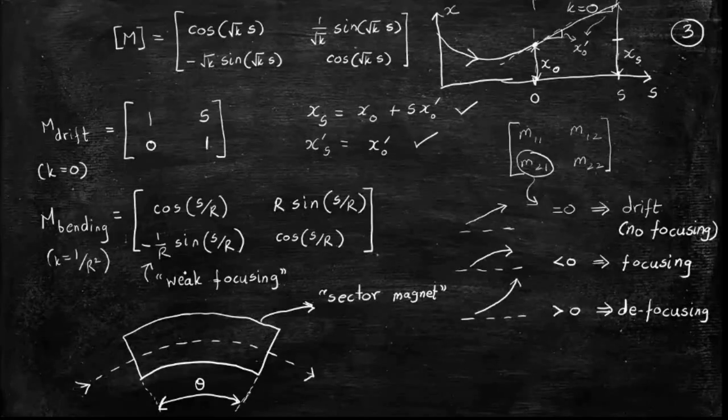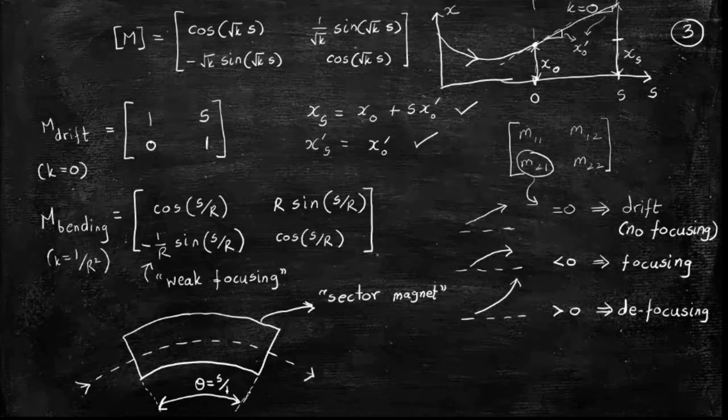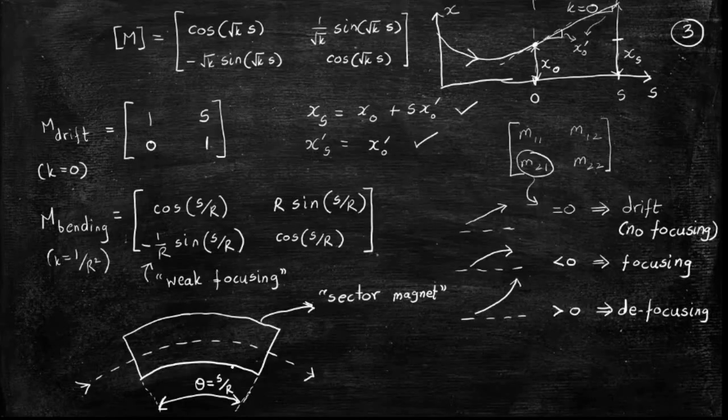And in terms of the accelerator parameters, what is this angle? Basically, the nominal trajectory passing through the magnet is from one end of the magnet to the other. So this total region is what you are calling in the expression as S, the length of arc from here to here. So this theta is nothing but, if you refer to the matrix above, S by R. So if you have a magnet which is bending through angle theta,